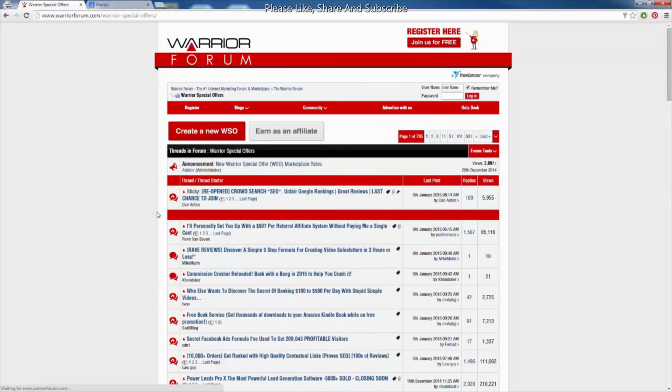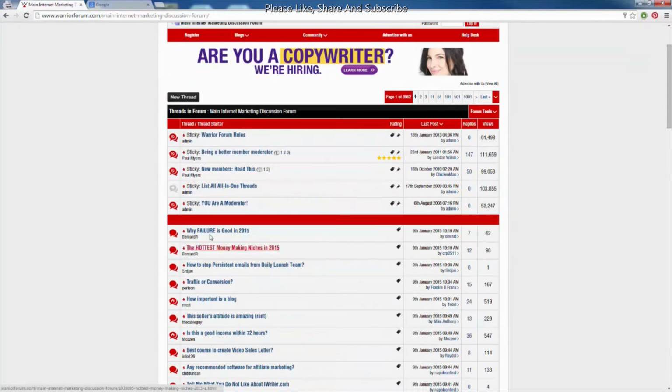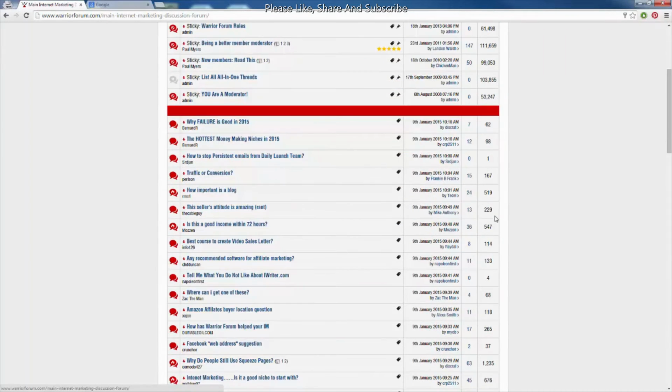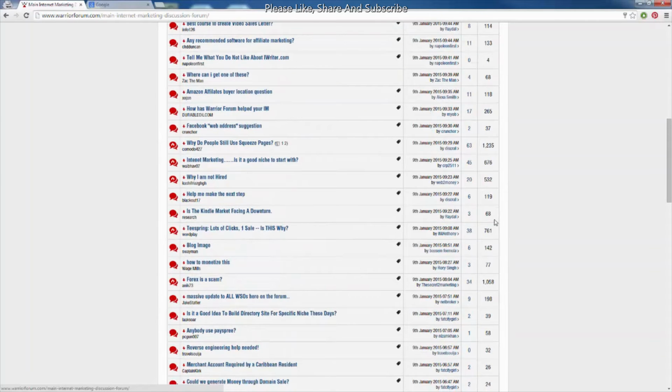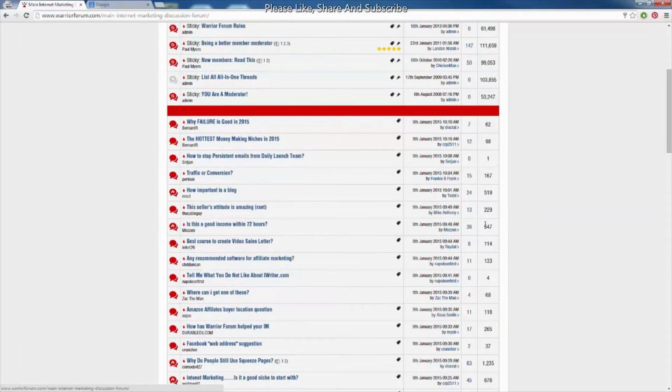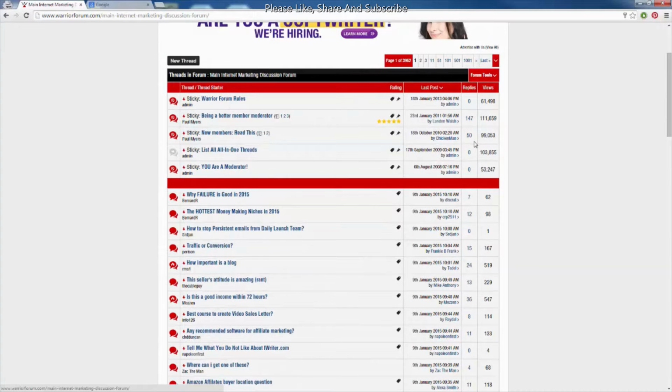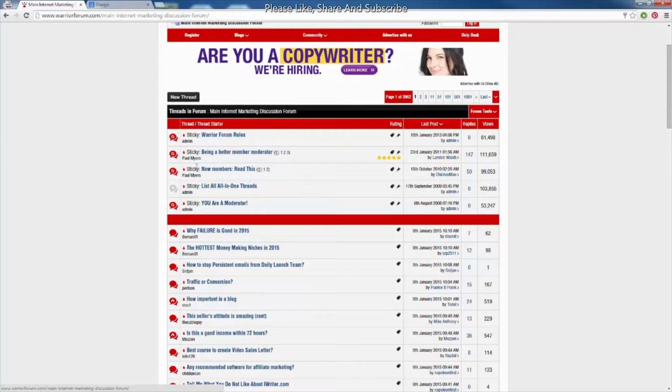If we jump into this forum here, we can see the sticky section. The sticky section is definitely prime real estate on any forum because stickies have been proven to get a lot more visibility, obviously, because they are stickied to the top of the forum. So they are going to get all the eyeballs when someone visits the forum. As we can see here, these new stickies have 111,000 views, 103,000 views, almost 100,000 views, while all of these other threads, I see only two of them even broke 1,000 views. They all have less than 1,000, while these have 100,000 plus